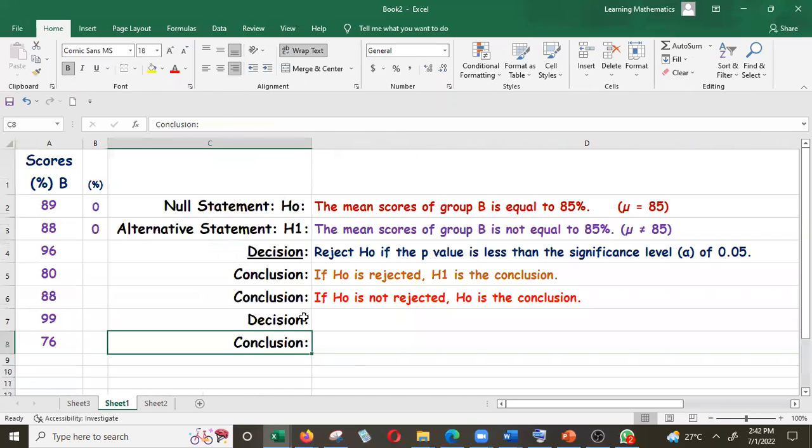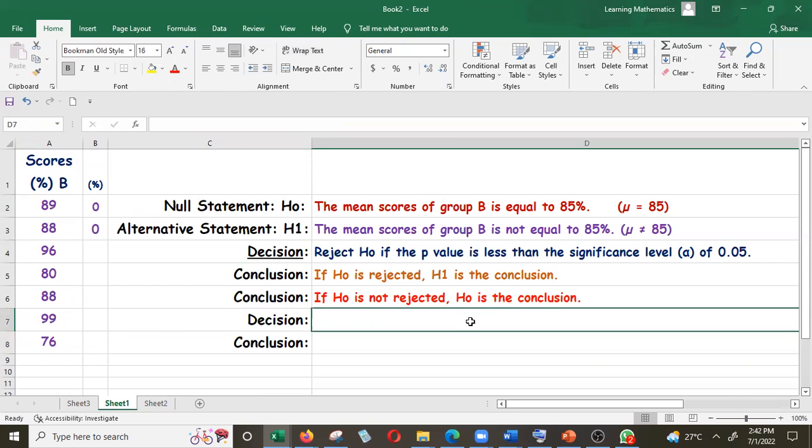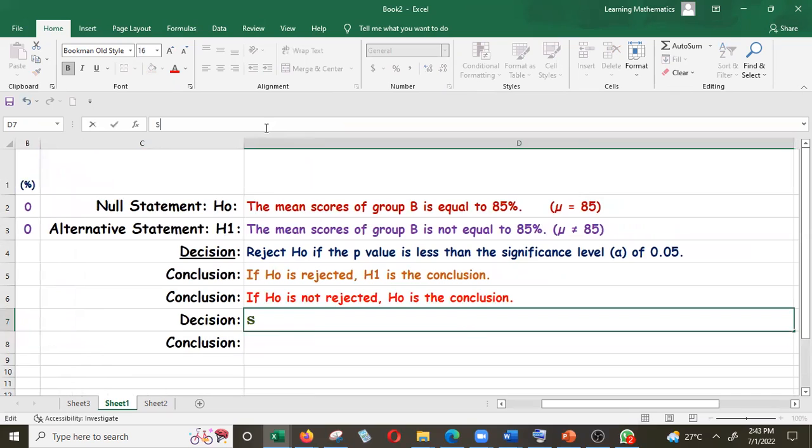Now, when we go back to our setup, we realize 0.365 is greater than 0.05. So since 0.365 is not less than 0.05, we do not reject the null. Okay, so we do not reject that null statement there. And actually, it kind of makes sense because 88, which we got from the sample, is not so far from 85, which we hypothesized. All right, so then we can make our decision since 0.365 is greater than